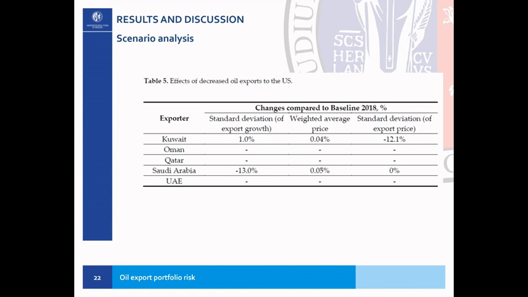we have some reduction of the standard deviation, that is again of the risk essentially associated with the portfolio export of Saudi Arabia. Q8 is only 1%, so it's not a very big